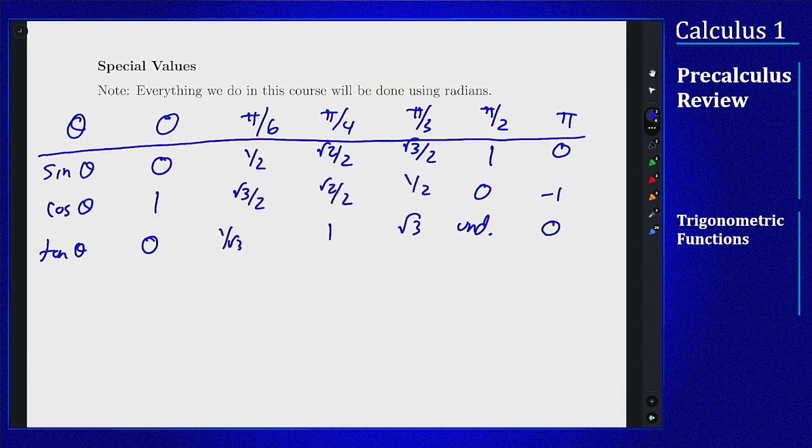So here is that part of the special angles table for sine, cosine, and tangent. 1 over 2, root 2 over 2, root 3 over 2, and 1 are sort of the numbers you're always going to see for sine and cosine here. And then tangent comes with the ratio sine over cosine. Now, how does this